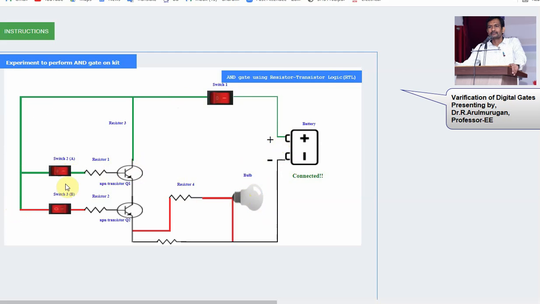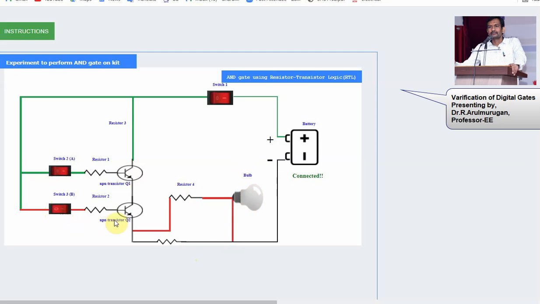No. If the A switch is off and the B switch is on, see that green signal. Does the bulb glow or not? No. Okay, both switches are off. Does the bulb glow? No. Good. Now on, on. Now does the bulb glow or not? Glow. Yes, the bulb is turned on. So both switches A and B are on, the bulb is turned on. If any one switch is off, power is off.